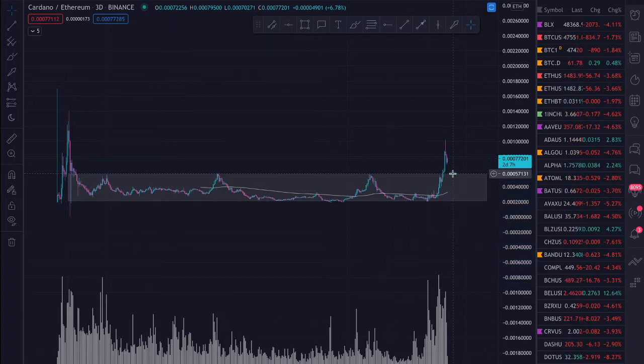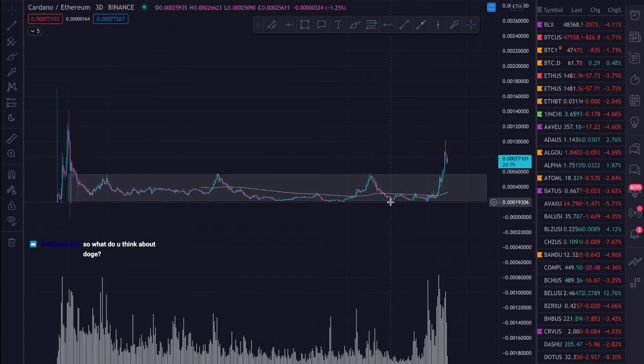So, these alternative currency pairs, you need a lot of flexibility with them. There are not a lot of people looking at the Cardano Ethereum pair, but if you want to measure an asset in like, hey, should I have held this or should I have held that, then these are the types of things that you want to take a look at.